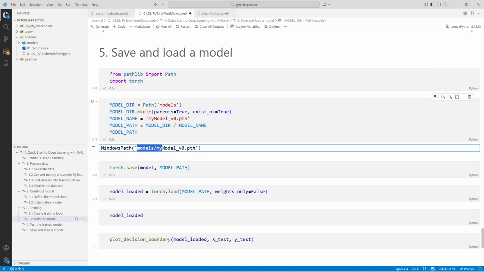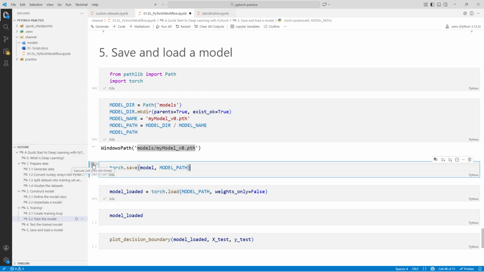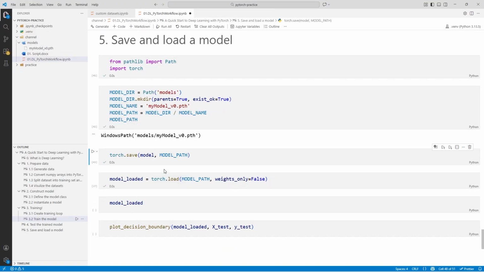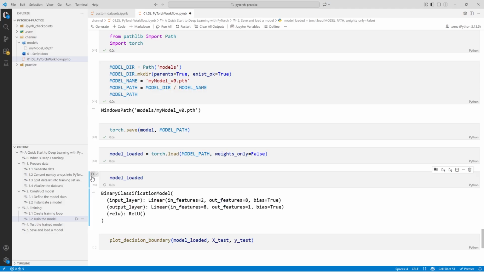This is our model's path, and you can see that we create a models folder, and we save our model and check the corresponding directory. There's my model version v0, and we can load our model, check it.